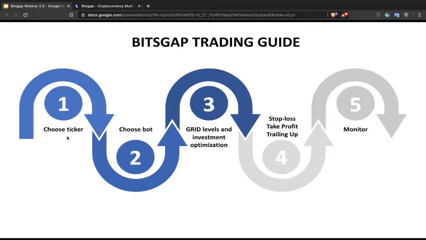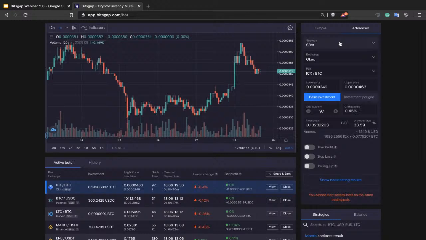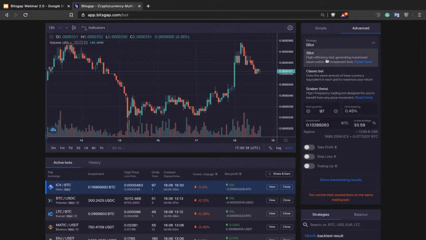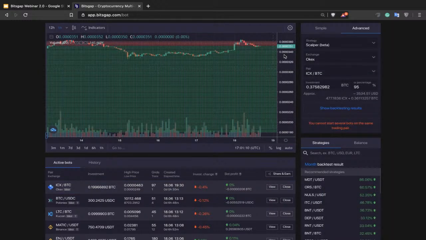Right after you've chosen the ticker, make sure that you choose the right bot. So if you are looking for a high efficiency bot which generates maximized returns within the investment limit, and to learn more about what this is all about, just click on read more, and you will find more information about the technical aspects of the SBot. Some key features like how it distributes your investments, how it stays within the investment limit, and how it secures your trading. And yeah, if you want to have more grid levels and you want to have a narrow setup,